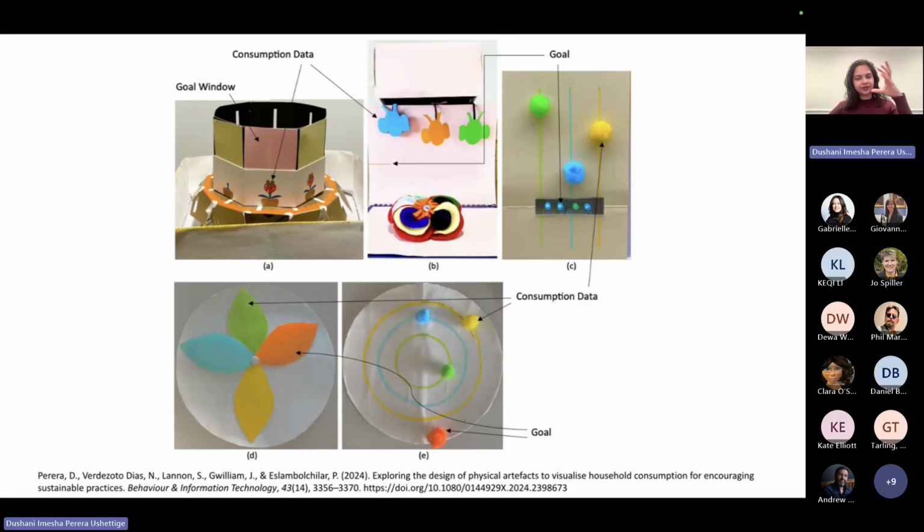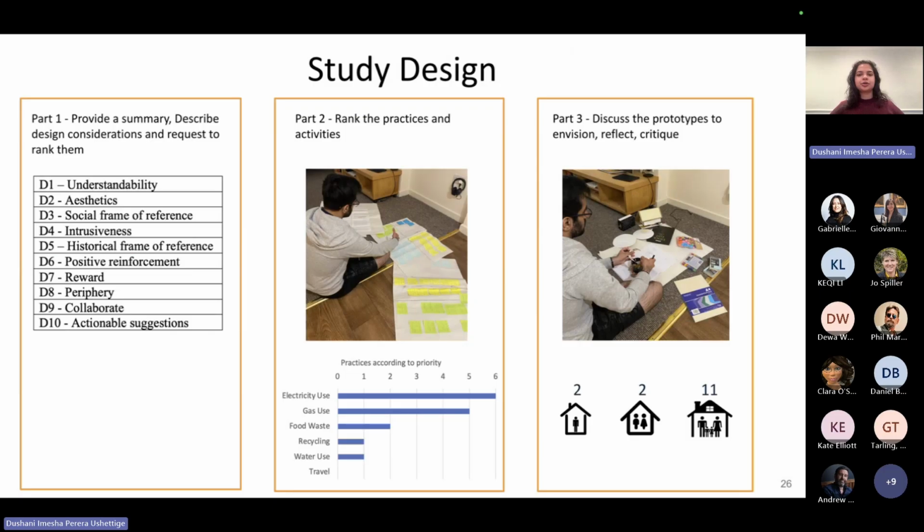Now with the findings in phase 1, I created 5 low to medium fidelity prototypes. The top 3 were all made with paper and cardboard, but the top 3 were functional. I had a small code written on Arduino to do some small functions for the top 3, and the bottom 2 were completely paper prototypes. Now, these were done to inspire and also generate ideas about how the visualization could look on a physical artifact. Now, with that, I went back to my participants.